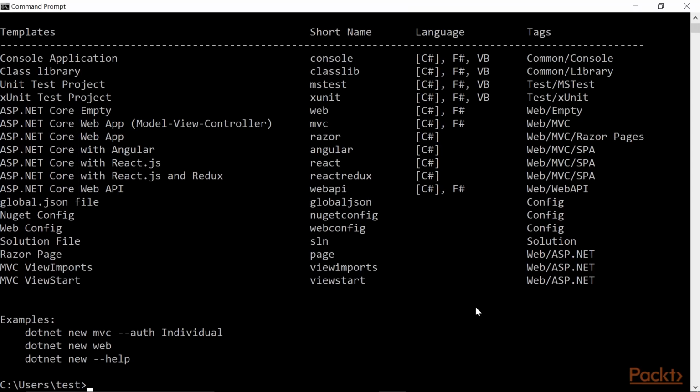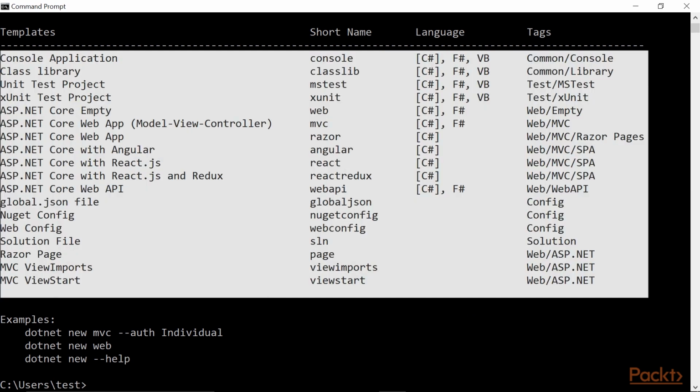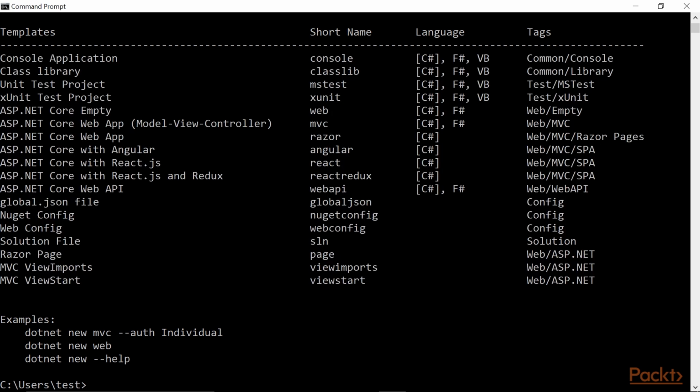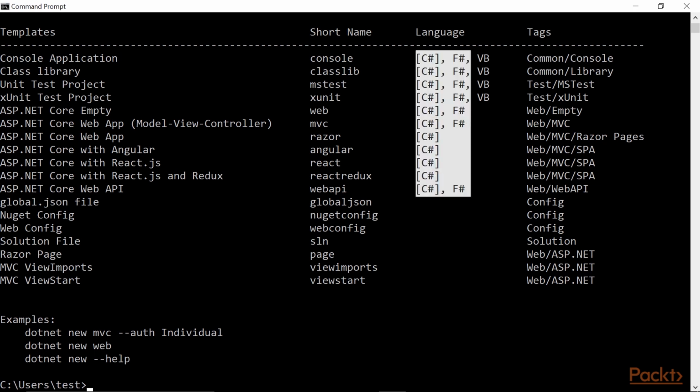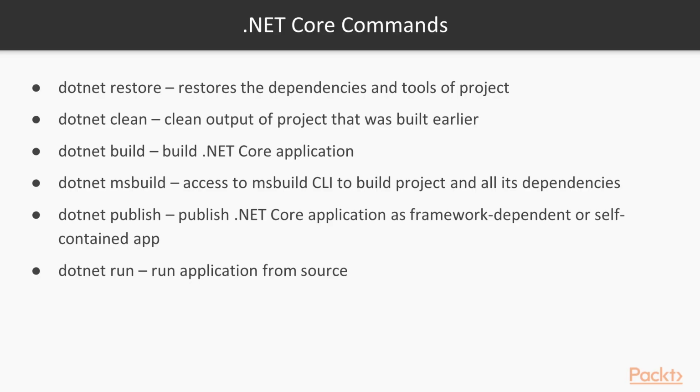Next is a quick lap around the .NET Core commands. Here is the list of .NET Core commands. When you use dotnet new, it initializes a new project based on the project template and language that you select. The default is C#, and currently C# and F# are the only programming languages supported. This is the list of project templates, their short names to pass to the commands, and the language type for